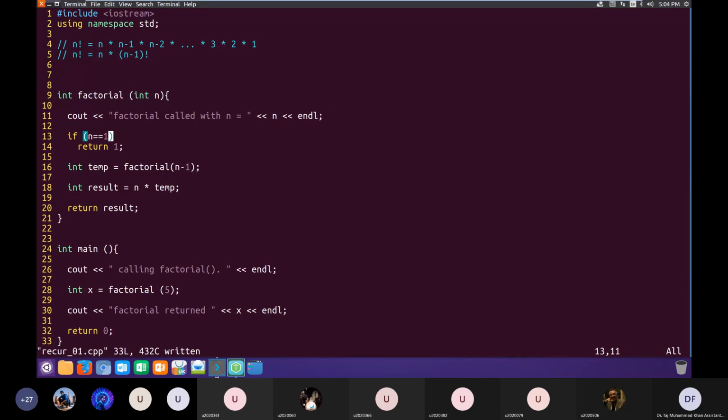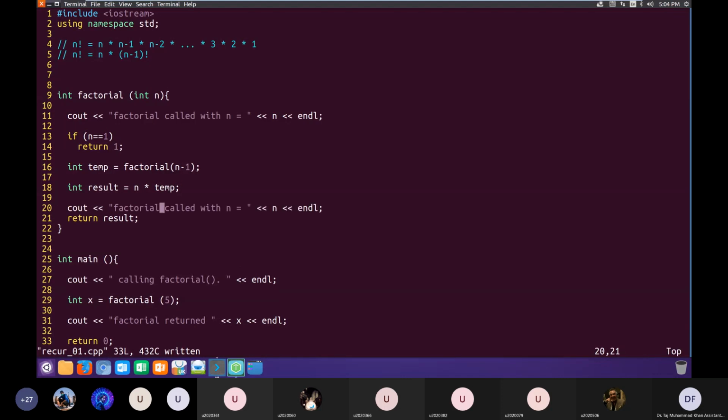And here we print factorial is returning with result equal to result.